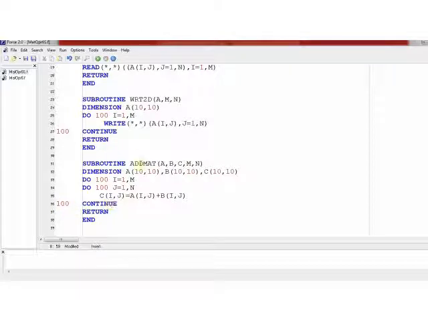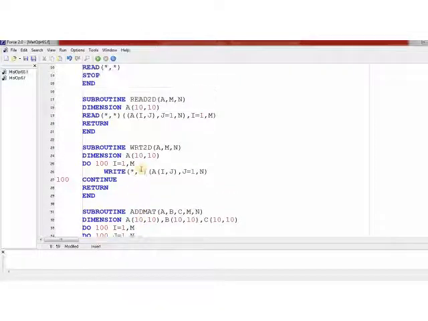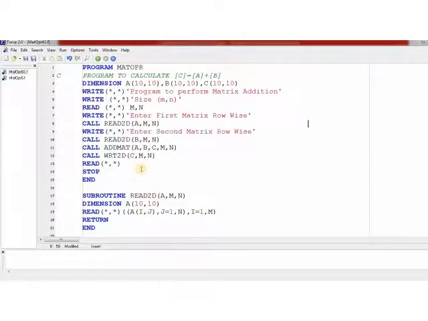So that means this program is bigger, or appears to be bigger. And we know that generally a program which appears to be bigger is more complex or difficult for humans to understand. But still we say that the usage of subroutines makes programming easier, or makes a program easy to understand, easy to debug, easy to develop, and so on. So why these arguments are given in favor of subprograms, that is what we will see.